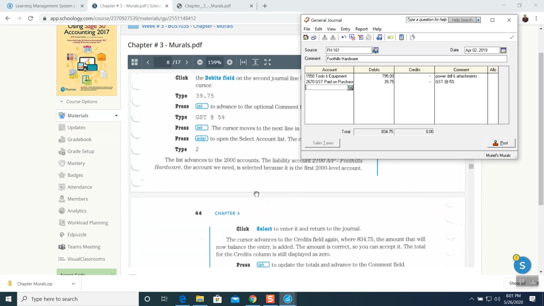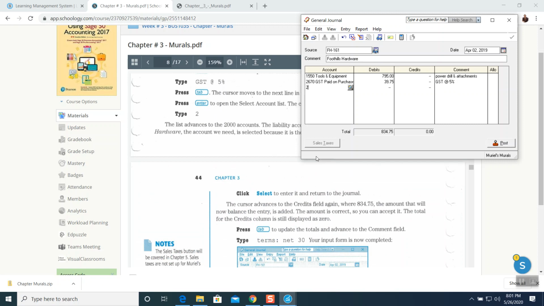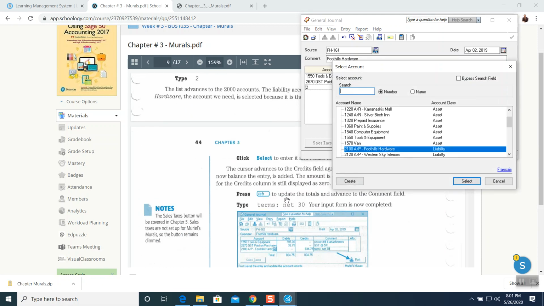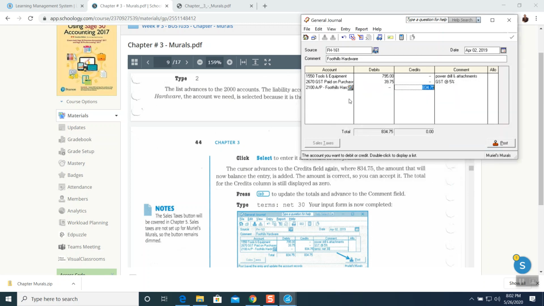The current search field is type 2. I press type 2. Press select again. When I press select, it says 2100 accounts AP. What do you mean by AP? Accounts payable. Guys, accounts payable. Why? We bought something. Now we have to pay money to this company. Which company? Foothills Hardware. It's already made for you. So press select. It's right here. Now, once you select it, 795, 39.75, the total comes to